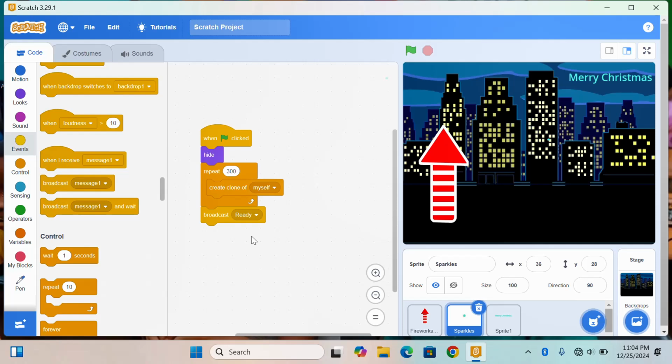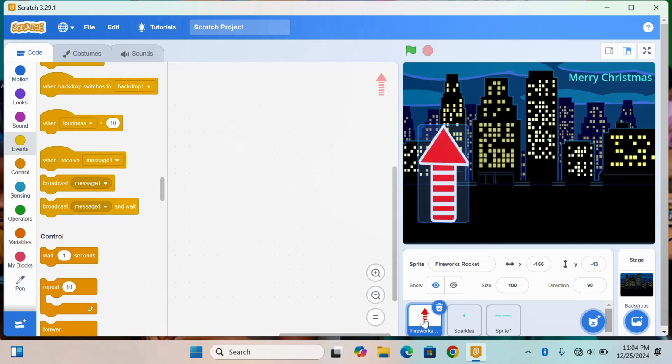So when the green flag is clicked, create a clone of myself 300 times, then send a broadcast message to fireworks, telling the fireworks I'm ready to be shot out, right? Good. So now let's click on the fireworks. The fireworks does not have much code. So on the fireworks, we are going to say when I receive